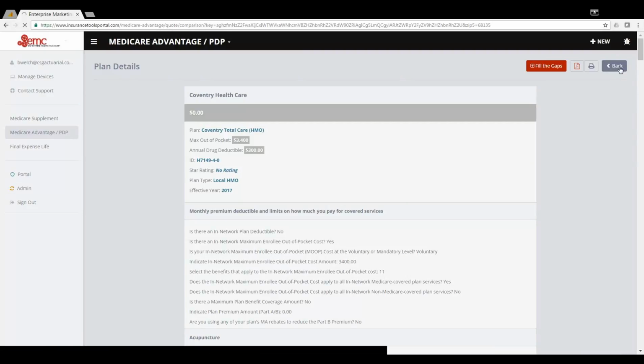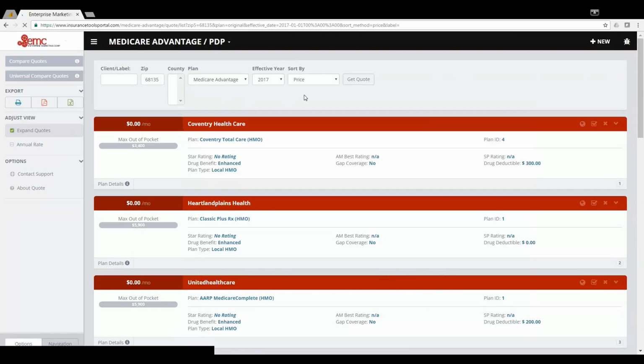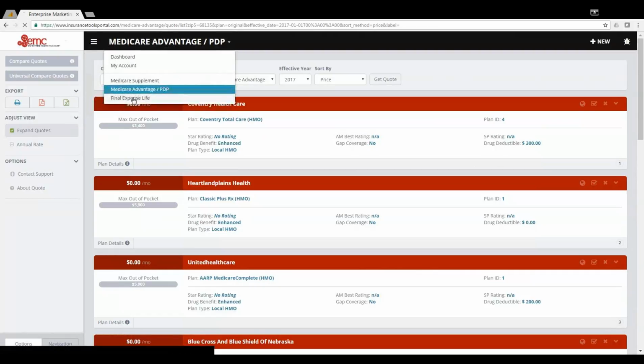This is going to have all the same type of information like before. It has your quick quotes section here, your export features, your compare quotes for comparison or cross comparison. You're not losing any functionality between the tools. Next option here is final expense. This is going to look a little bit different